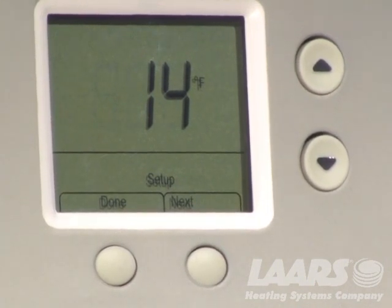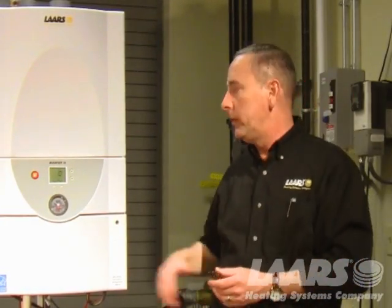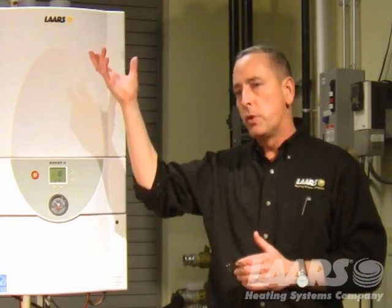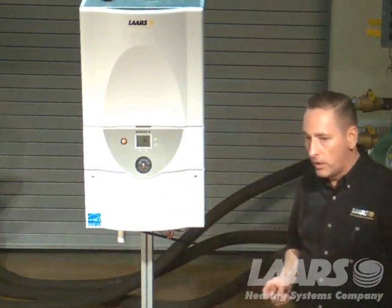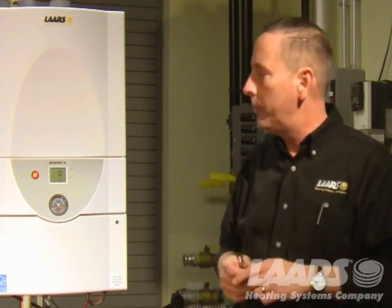That is typically defaulted for 0 degrees. That's your coldest day of the year. Most times I will set it up for 10 degrees, depending on the region, all right? Now what happens is at 10 degrees, for this example, someone calls for a zone of heat, it's going to allow that boiler to achieve 180 degrees, all right? So this is our curve. So at 10 degrees of outdoor air, we're now going to achieve 180 degrees, okay? And as your temperature climbs to 50, 55, 60, what have you, it'll drop the temperature of the boiler output,